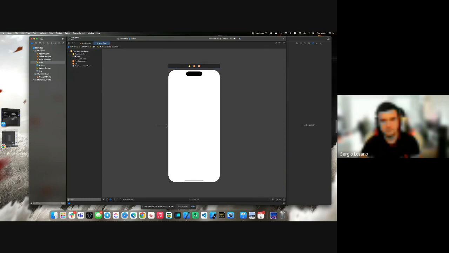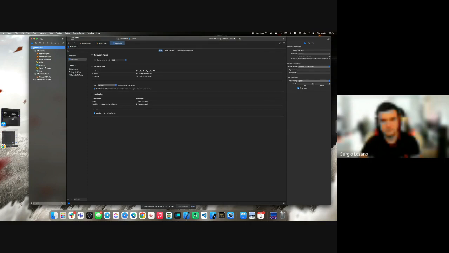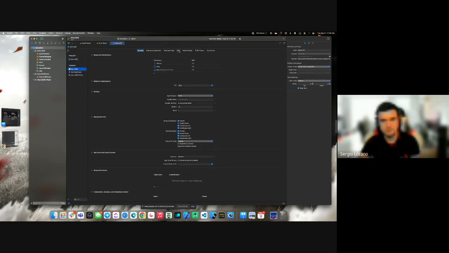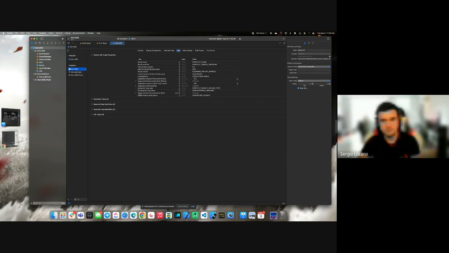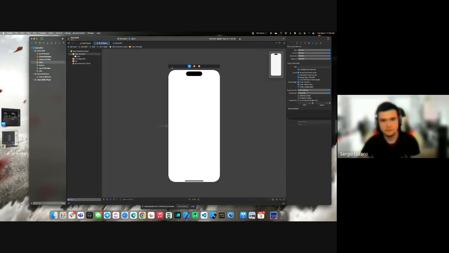And right now, if we go to the target and we go to this info, you will find that there's a main storyboard file base name called main, which is saying basically the application from the very beginning will be directed by this storyboard, which means the very first thing that will be running is whatever we put in here. Especially with this arrow, if we select this screen called view controller, and you go to the inspector here,